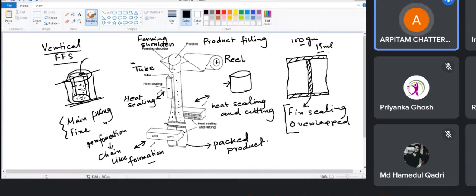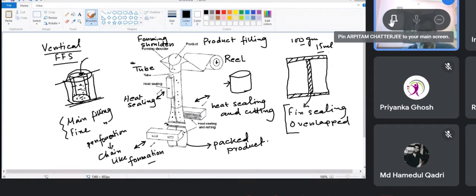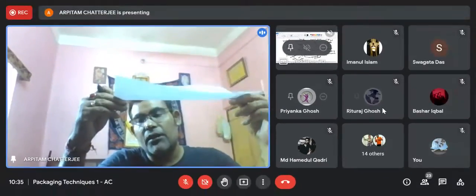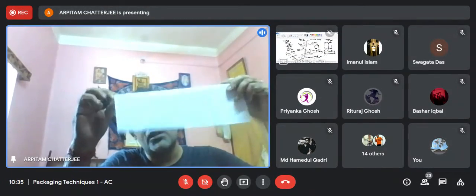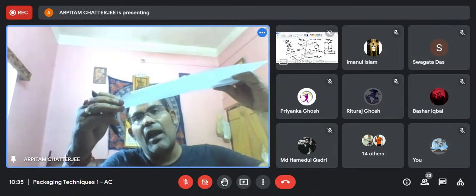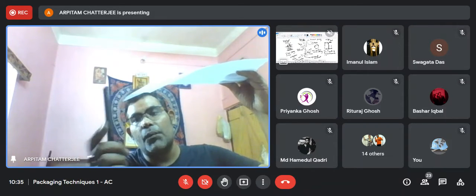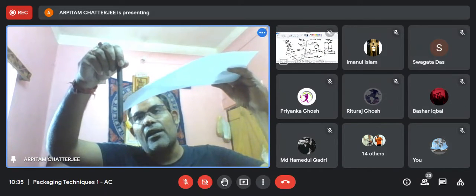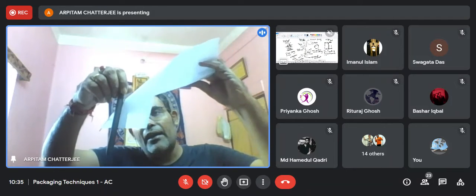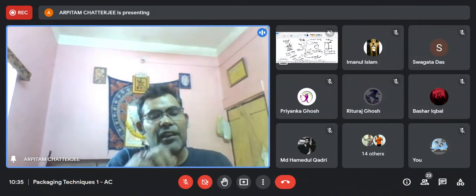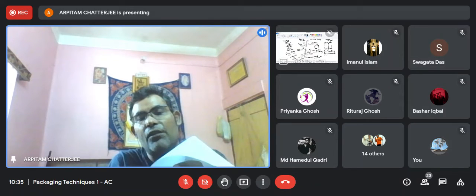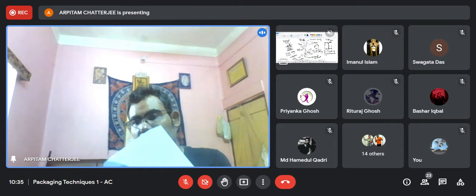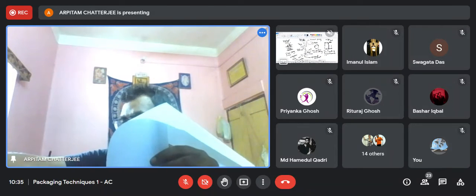So this also I am trying to show you a bit how it is happening. So again, this is the reel. Just think of this is the reel which is coming, and it is getting wrapped around. Suppose this is the cylinder that I was talking about, like this, and it is getting wrapped. So once it is getting wrapped, what's happening? You are having a formation like this. This is very small. That's why it's not coming properly.